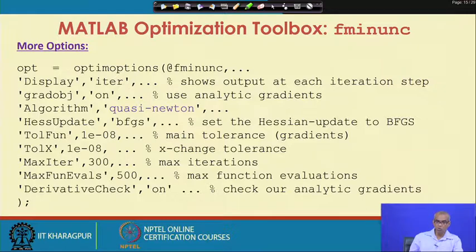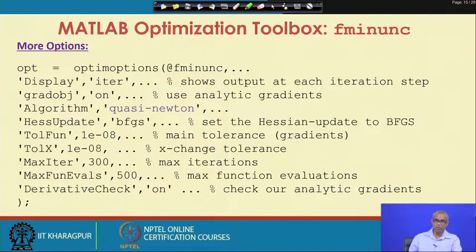Grad obj on means it will use analytic gradients, which will be supplied by you in the function file. Here we have named that as obj.fun. Algorithm quasi-Newton: I am asking the solver to use the quasi-Newton method to minimize the Rosenbrock function. Hess update means Hessian update, use the BFGS method.